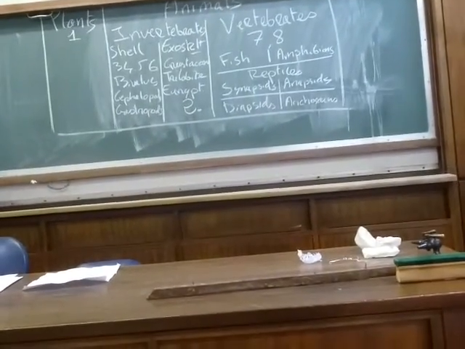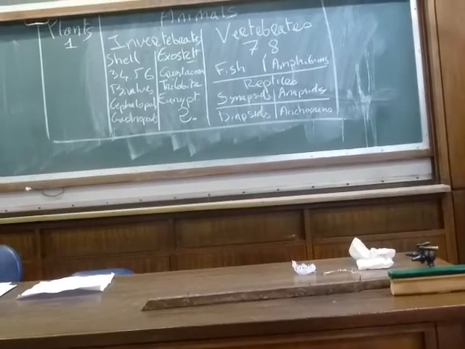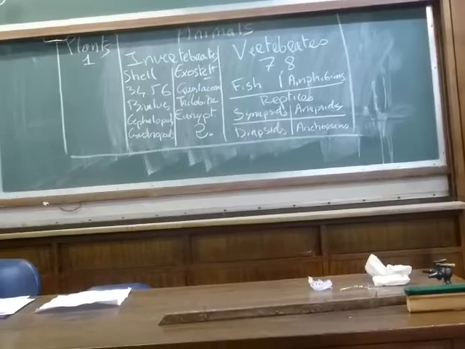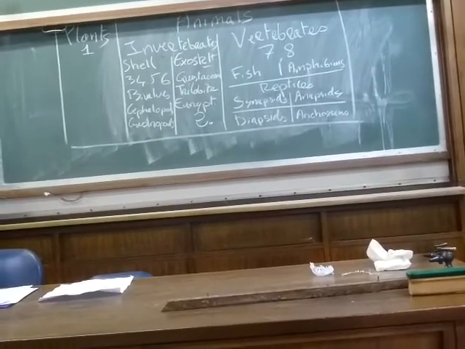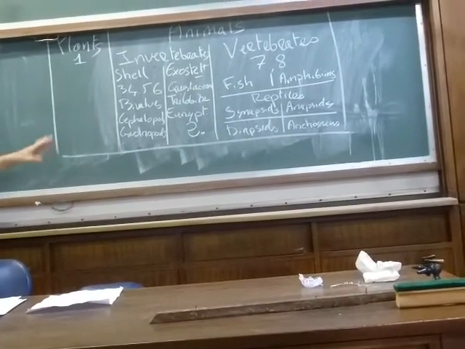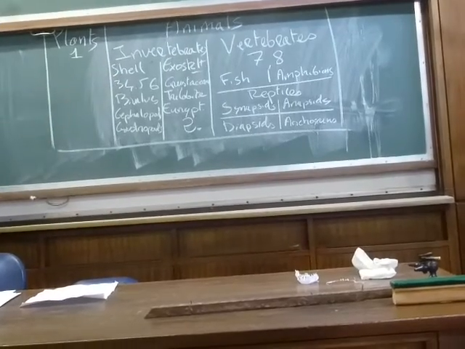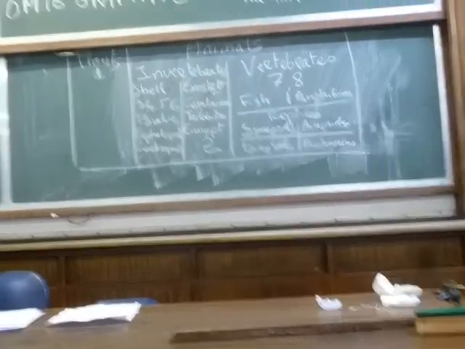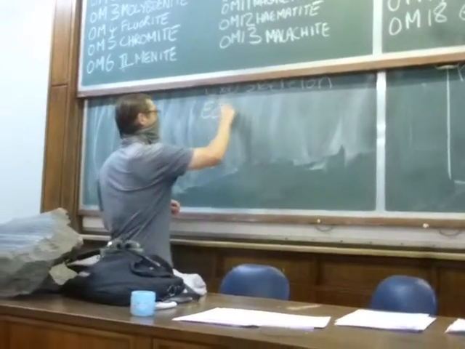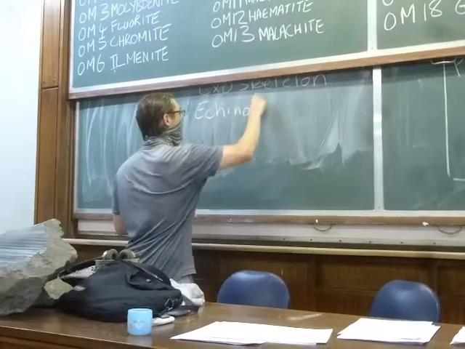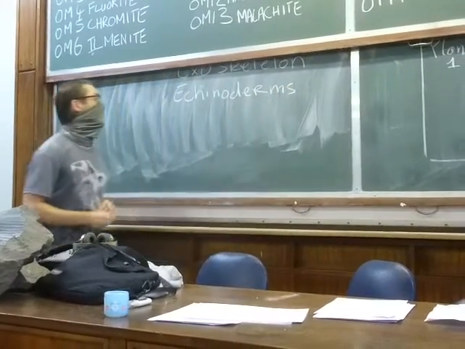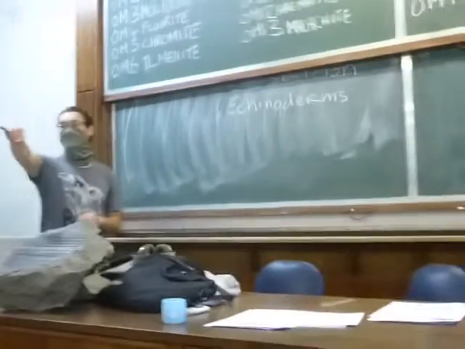So this is the basic classification of life and how it is represented in that room. So from plants all the way to vertebrates at the bottom of the room. One group that I would like to emphasize, among those with a shell, is a group called the echinoderms. Because in that group, you will see the starfish, for example.